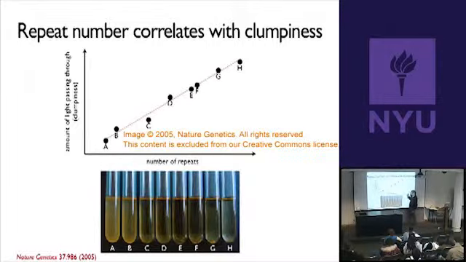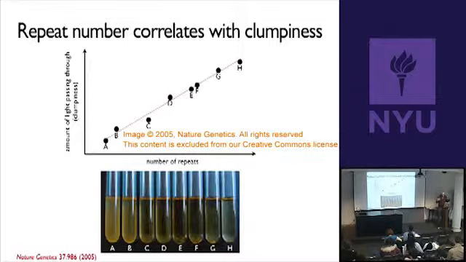So what we can infer from this is that the more repeats you have, the stickier the cells are to one another, okay? So you get the really clumpy strain with the highest number of repeats, and the really unclumpy strain with the lowest number of repeats, and it's actually a quantitative relationship, okay? The more repeats you have, the more you tend to be clumpy, okay? So that's sort of cool in and of itself, but it relates to something that really has important implications for